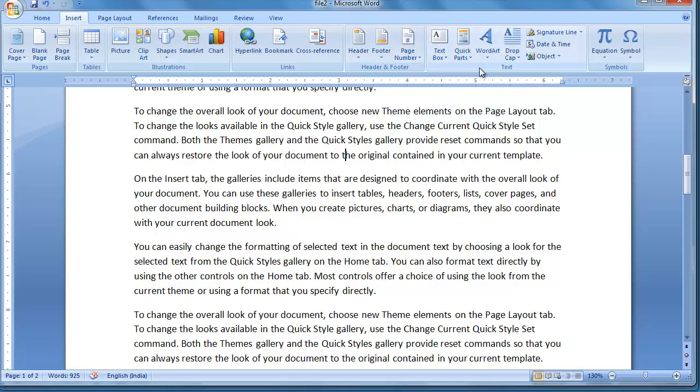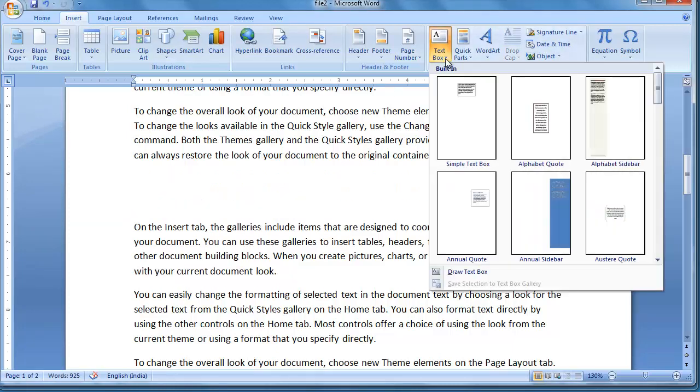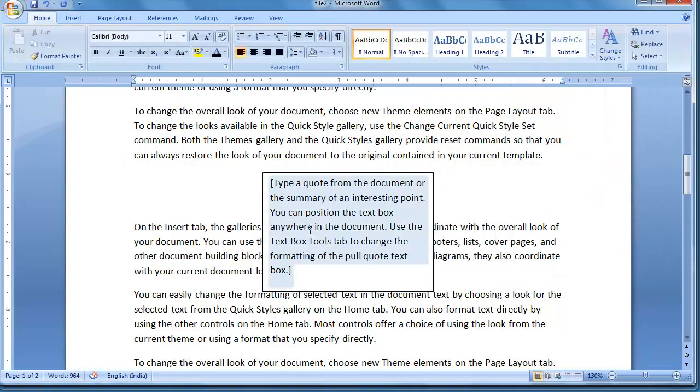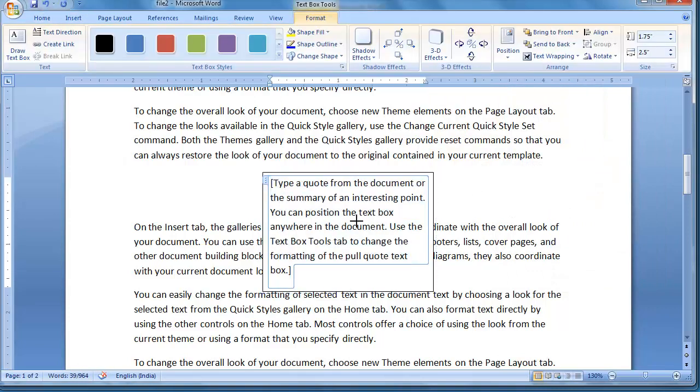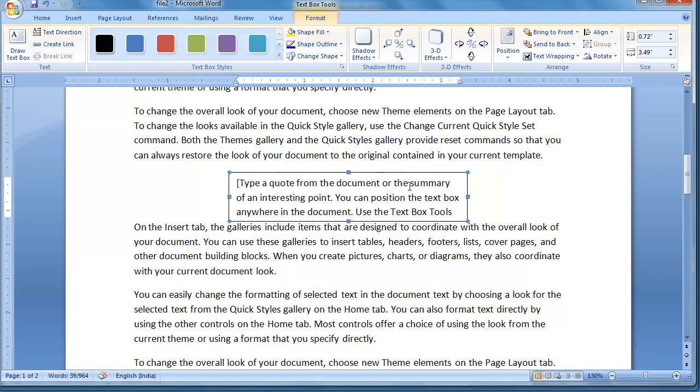Then coming to the text category, if you want to take a text box, suppose in between these paragraphs I want to keep some important note, we can take a text box. Different formats of text box are available. I am selecting this one. You can decrease or increase the size, width as well as height.